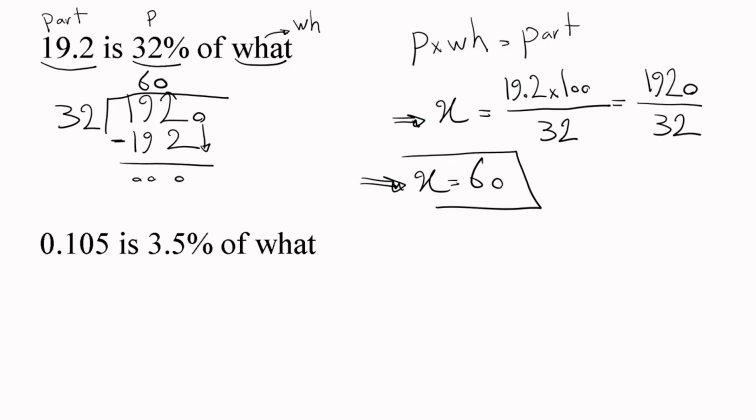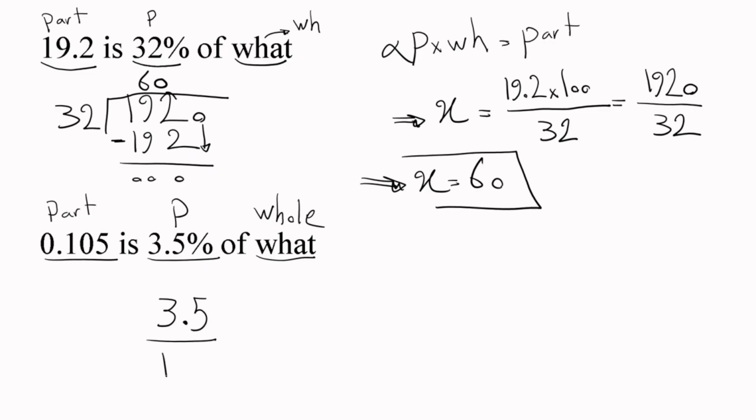0.105 is 30% of what? It is again asking about the whole, right? And I have percentage and I have part. Again, I'm going to use this formula. So percentage, I must write it as a number, and I'm going to write it as a fraction times whole, which is the variable here. I'm going to allocate x to that, is equal to